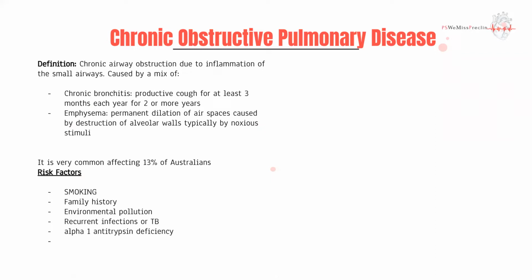Emphysema refers to permanent dilation of the air spaces in the alveoli. Now, as you know, alveoli are meant to be these really uniform grape-like sacs of air that are meant to be nice and regular. However, due to toxic stimuli, and the most common one you're going to encounter in your clinical practice is going to be smoking, we have damage to these air spaces. This often results in loss of the elastic membranes. And as you lose that membrane, they tend to balloon up. But it's important to remember, although we now have bigger balloons, these are ineffective balloons. And so even though you have dilated air spaces, you aren't actually perfusing the blood supply as it's coming through.